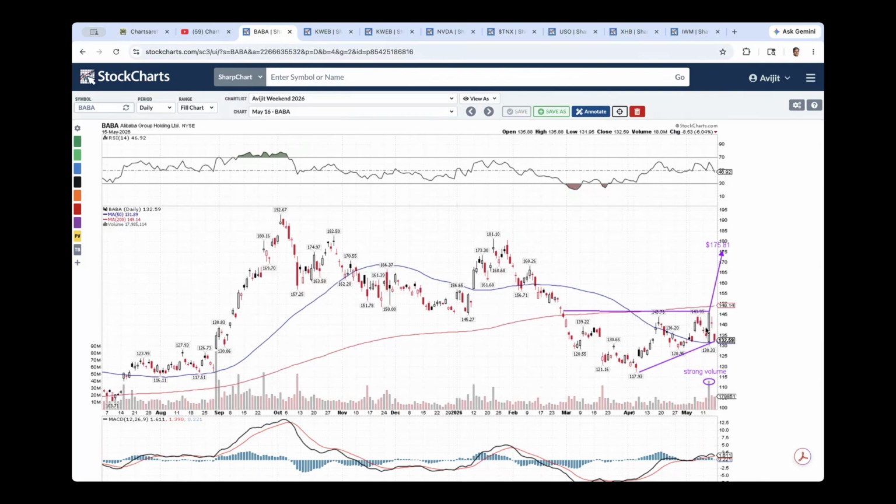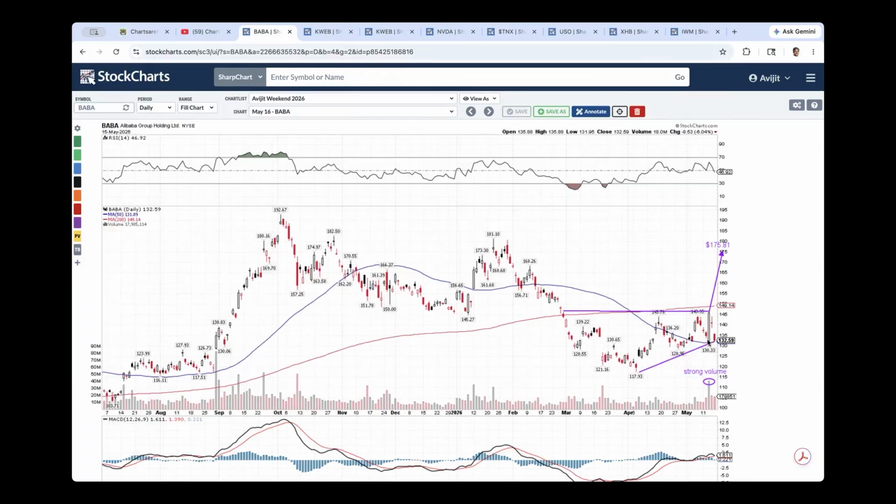However, bears would call this a failed breakout because it did not manage to break above that key resistance line at 146. It failed right below its 200-day moving average at 149. And for the next couple of days, it came back down to the rising trend line of that ascending triangle. So it's a key test this week. We have to see if this breaks down. That would be a bearish pattern.